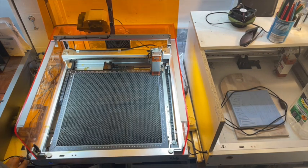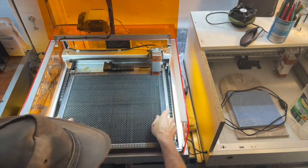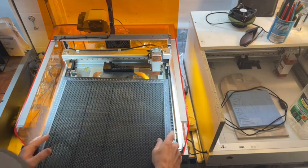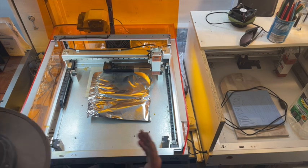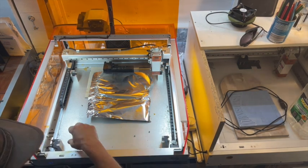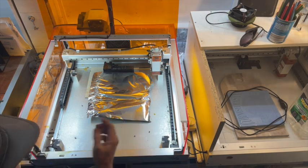Now I don't know if I can get the honeycomb out without adjusting the laser height. Let's have a look. No, we can adjust. Alright, so if you've got something like my other laser, just an enclosure without these posts in here, and you're putting your honeycomb down on the bottom, spaced up obviously,